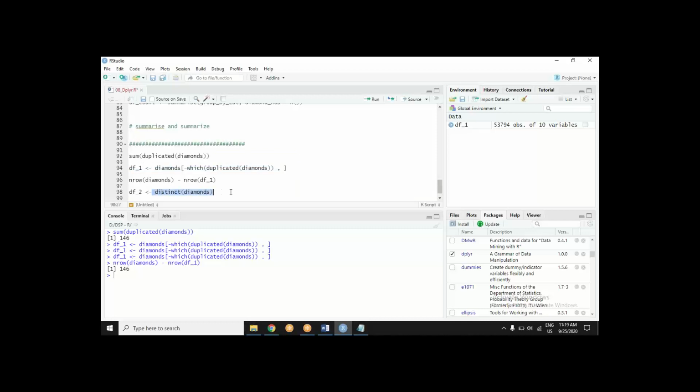Let's see this. Smooth like rivers. I just want distinct rows from the diamonds dataset and I am done. Second thing, pay attention to the execution.